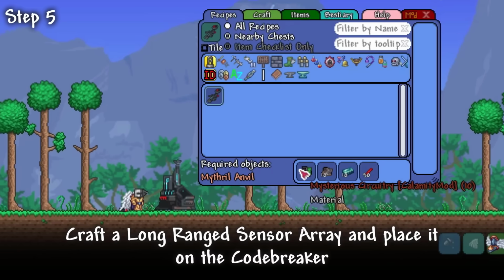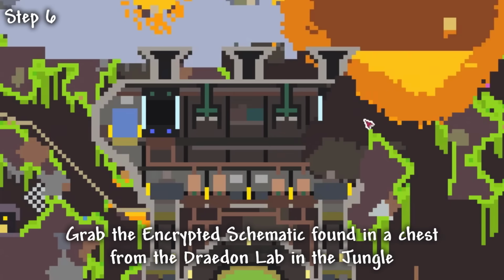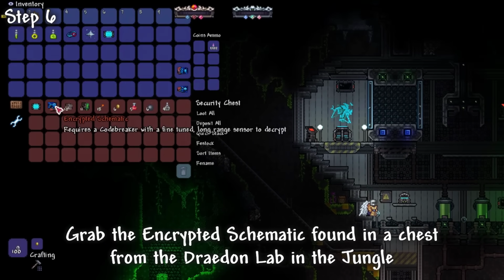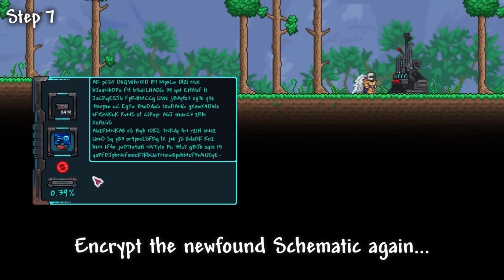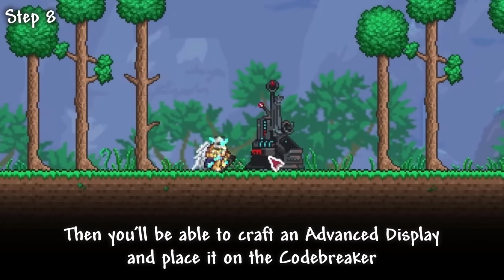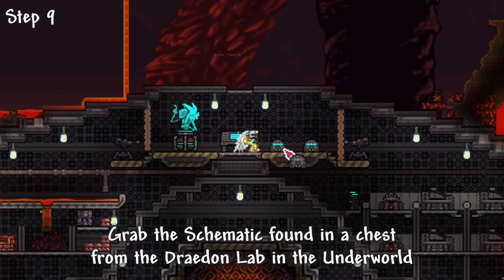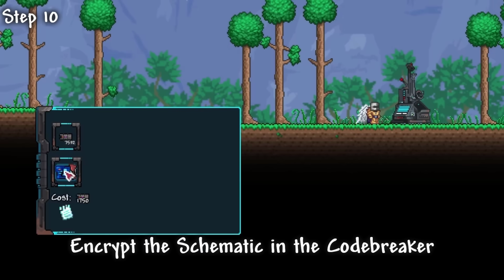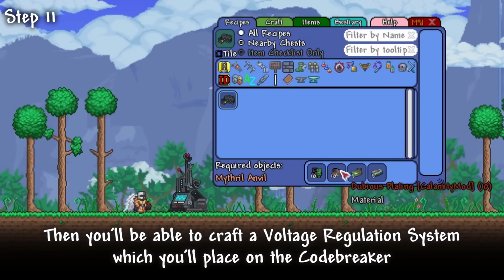craft a long-range sensor array and place it on the codebreaker. Grab the encrypted schematic found in the chest from Draedon lab in the jungle, encrypt the newfound schematic again, then you'll be able to craft an advanced display and place it on the codebreaker. Grab the schematic found in the chest from the Draedon lab in the underworld, encrypt the schematic in the codebreaker, then you'll be able to craft a voltage regulation system which you will place